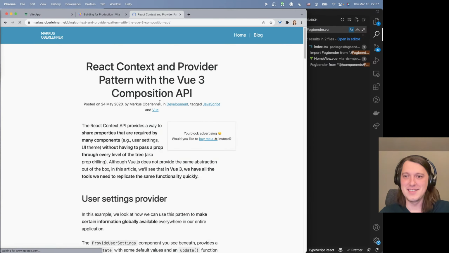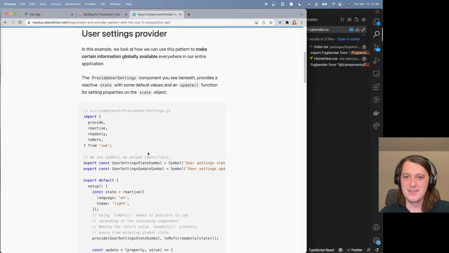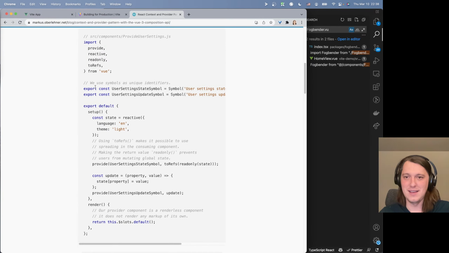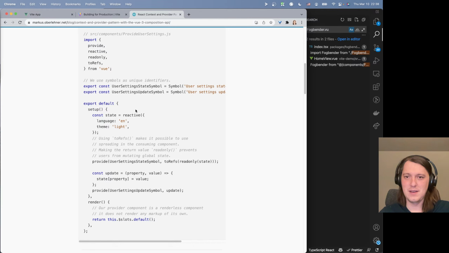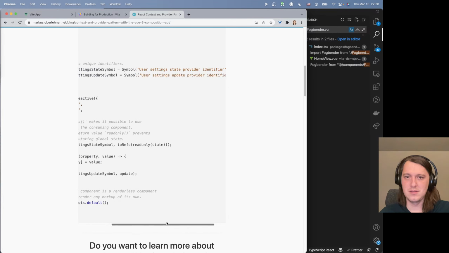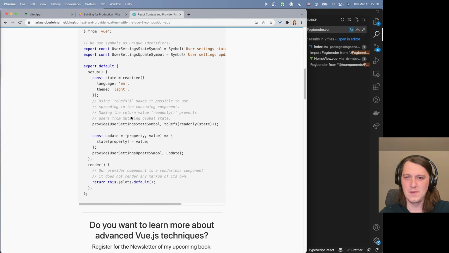Is there such a thing? Okay, this is Vue provide, reactive, readonly. Okay, we use symbols. Instead, we have state in some kind of reactive. Using refs makes it possible to use